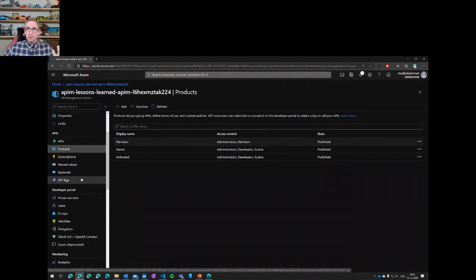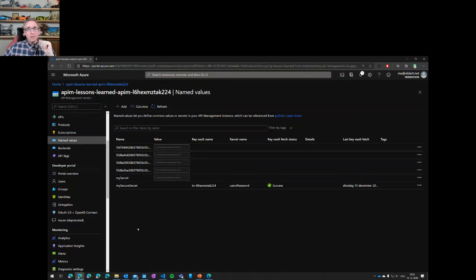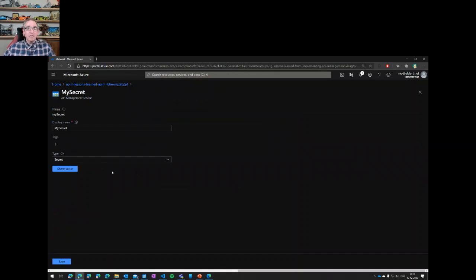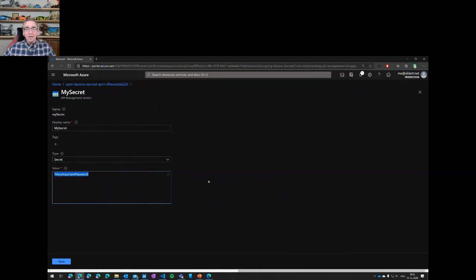So that is about user management. Now, like I said, we can also see our named values. If I go over here to my named values, I can see that I have some different named values, and as you can see, I have these secrets. But like I said, anyone that has access to this could just say, okay, show me the value, and they could then still grab this value and still connect to my system, which I didn't want.